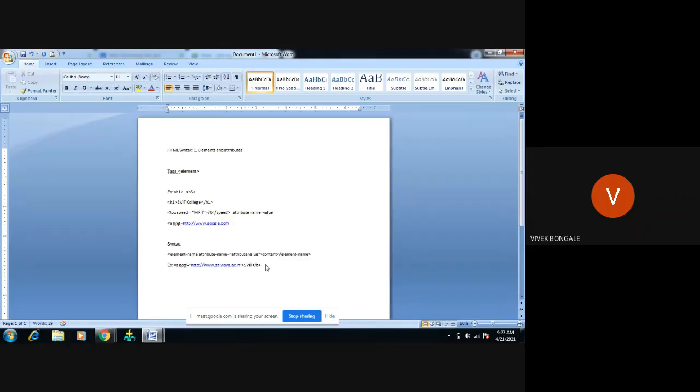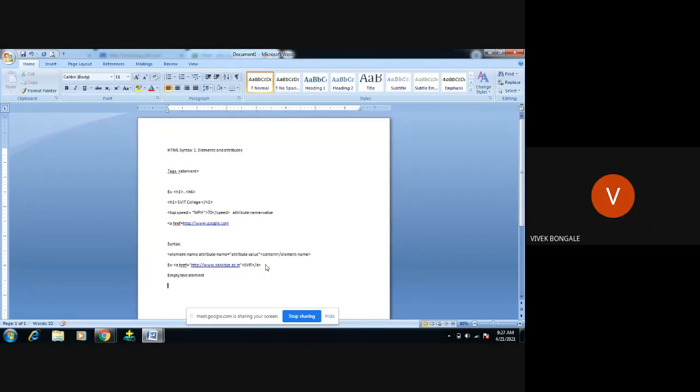Then we have one more type of element in HTML, that is the empty text element. Empty text element means we are going to use some tags, but after using the tags there will be no content or any value for the browser to execute.